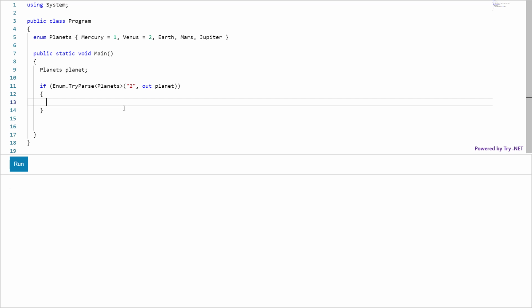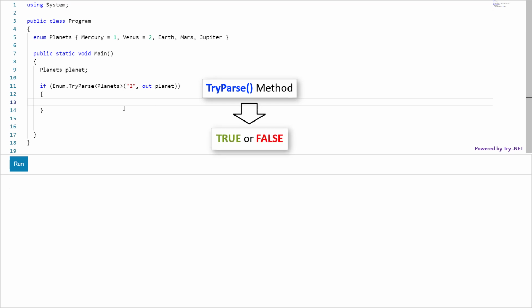Okay, this is important. Actually, TryParse method converts string name or a value of one or more enum elements to a corresponding enumeration value. And if the conversion is successful, TryParse method returns true, otherwise false.